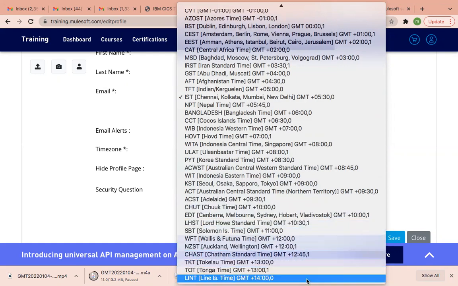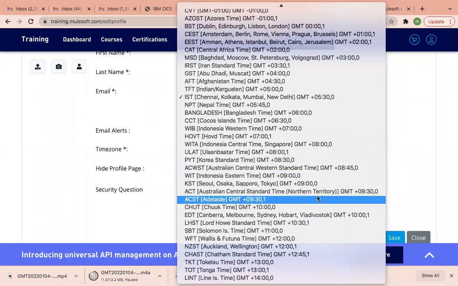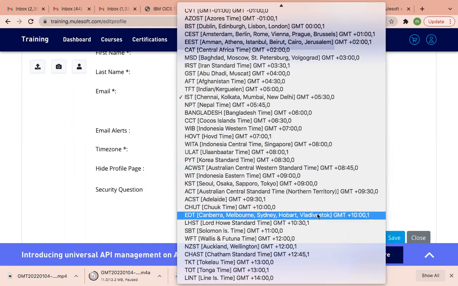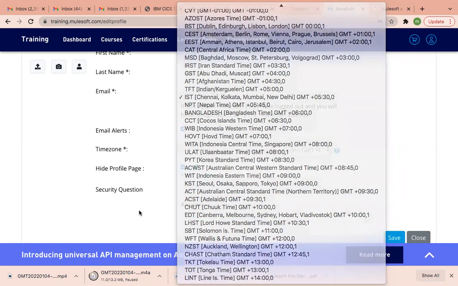No, go up here. I need Eastern Standard Time. Here, Canberra, Melbourne, Sydney, Hobart. Yeah, this one. You just select it, Sydney or Melbourne. So in our case, you just go with this. Okay. Excellent. Thank you.